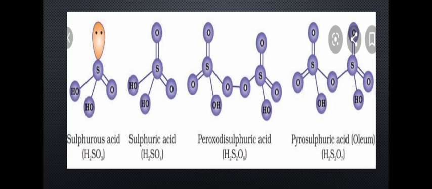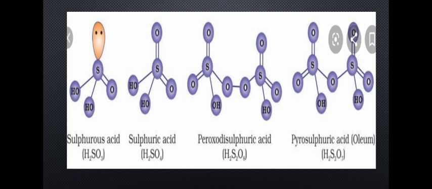Again you will write the same type of structure. Sulfur in the center. First of all, it will be surrounded by doubly bonded oxygen and OH. Now each sulfur will be left with 2 oxygen. You will arrange 2 oxygen around the sulfur. Similarly, same arrangement will be with other sulfur. And as the name indicates, it has a peroxo linkage. So 2 oxygen which are singly bonded, they will join together.